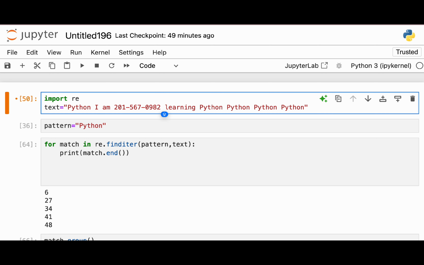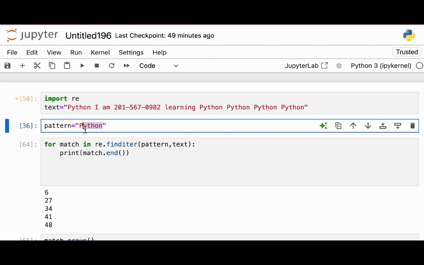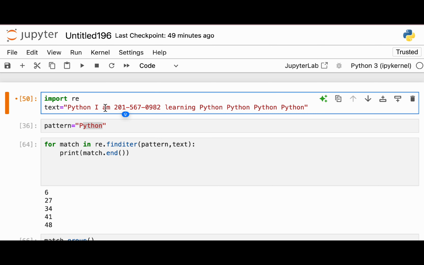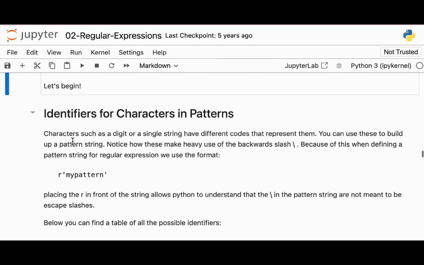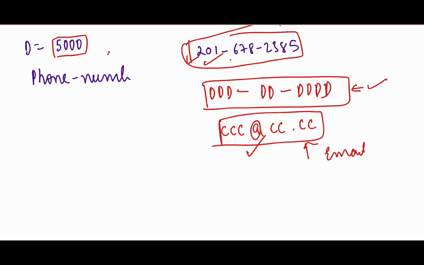Okay, let's say we are searching. I want to search if this particular text contains a phone number or not. So this is my text. Now I have to create a pattern to find this, but I cannot directly pass it, so I have to create a pattern. So how do we do it using regex? We create a pattern is equal to,